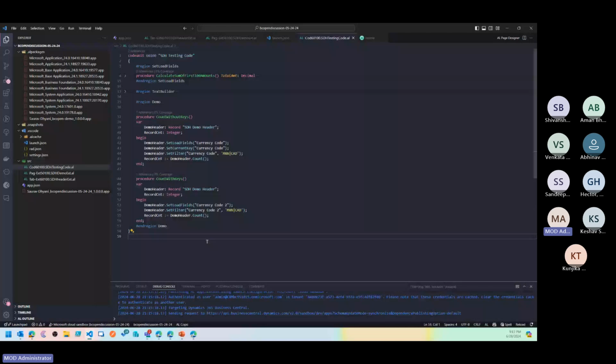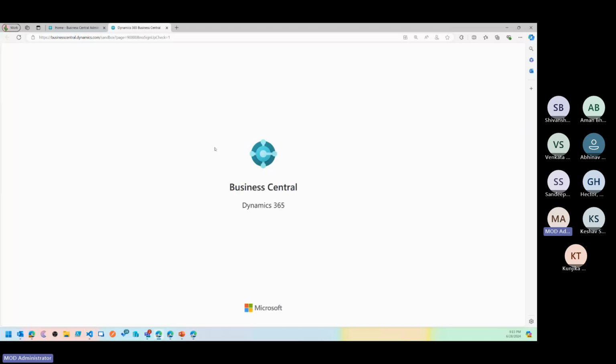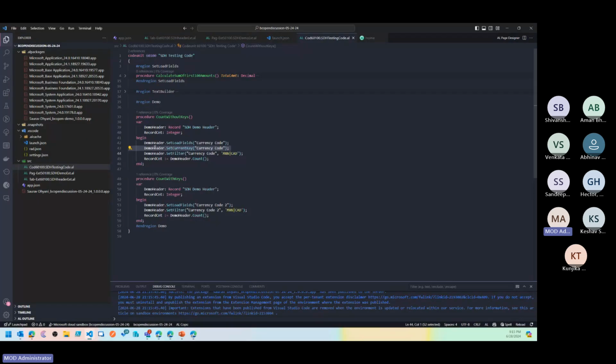Now, in this case, I haven't specified the set current key because there is already a key which exists as an index in SQL Server. So the data is already sorted based on that field. But in this case, where there is no field or no key or index associated with the currency code in SQL Server, I just utilize the set current key,